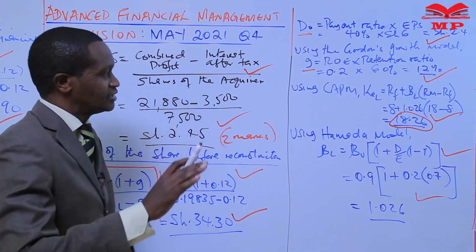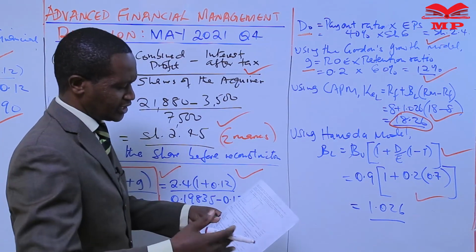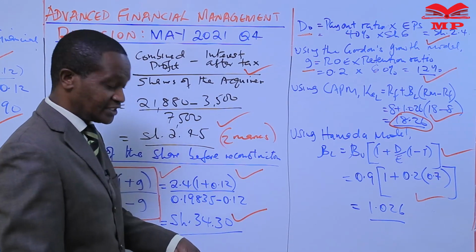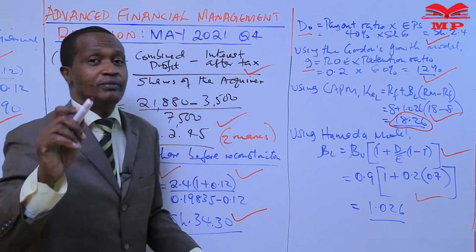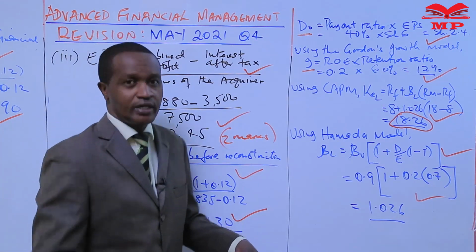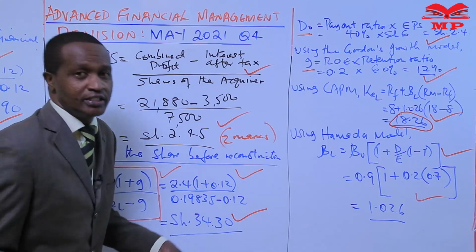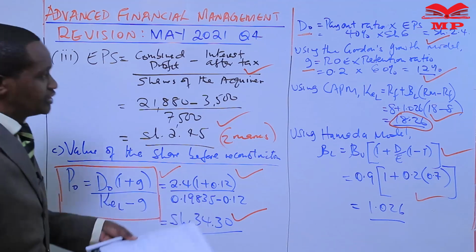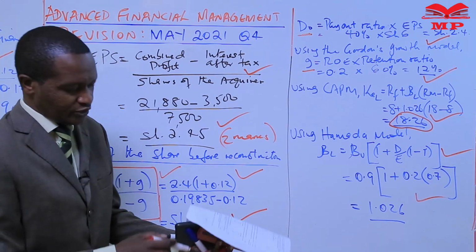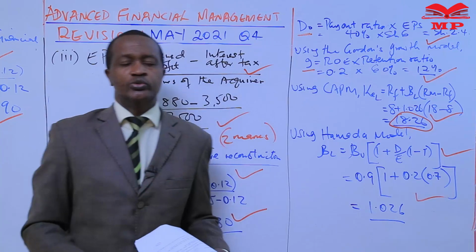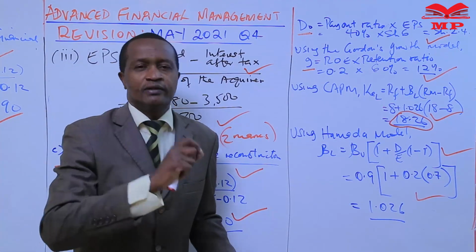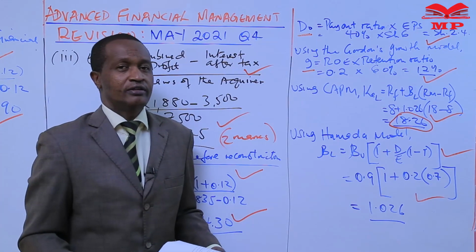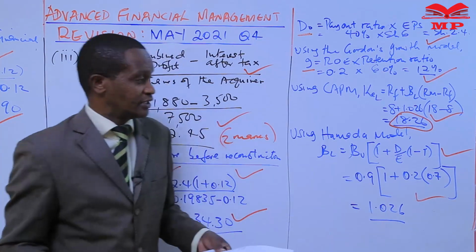So at least candidates, these are questions that are repeated. If you check question number 4, this question that we have answered is similar to the question we answered in November 2019, where candidates were expected to calculate the exchange ratio and maximum payable price, which requires you to remember the exchange ratio formula. So as you prepare for your exams, please make sure you memorize the formula. Then you will be in the right direction in passing your exam.